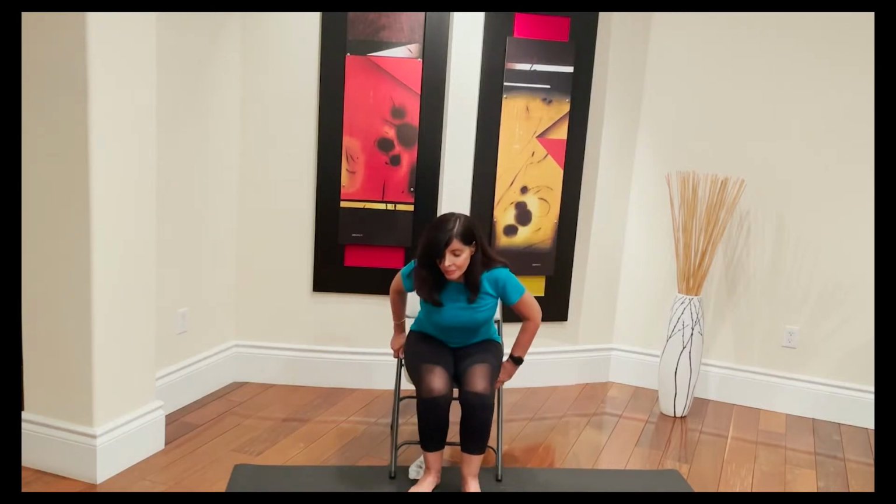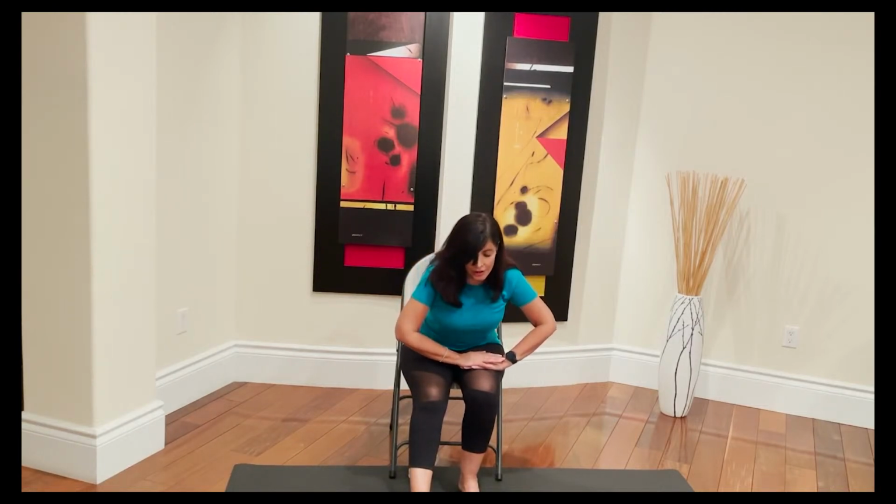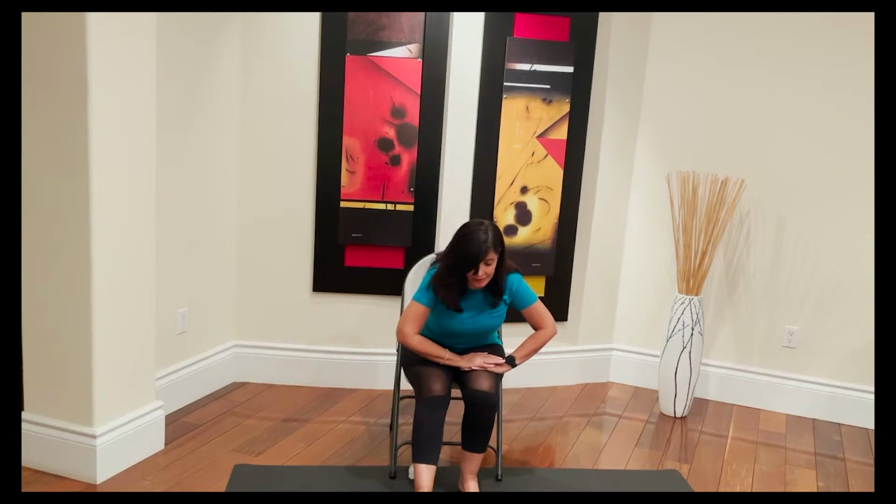Now we're going to slide the left leg. Let me put myself a little bit more back. Sliding the left leg. Now we're going to hinge forward. So you're looking down. Now you can bring your heels, ball of your feet, toes, pressing down with your heels. Take a nice deep breath. Your toes are up, ball of your feet. As you gently lift it back up,